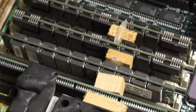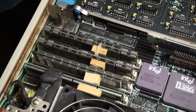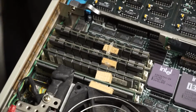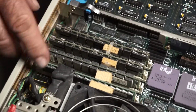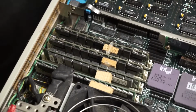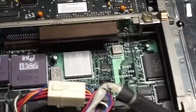Here we have 8 megabytes of memory. And every single SIMM slot has a broken clip. So this computer can handle 16 megs of total memory. You can have 8 on the board, and then you can have 8 more in a Micro Channel slot. So down here